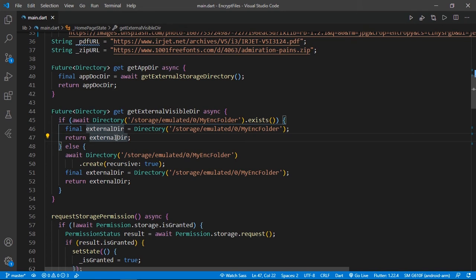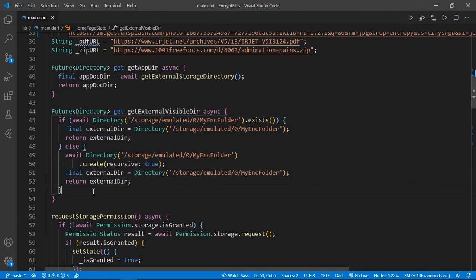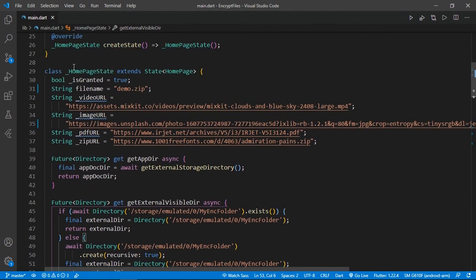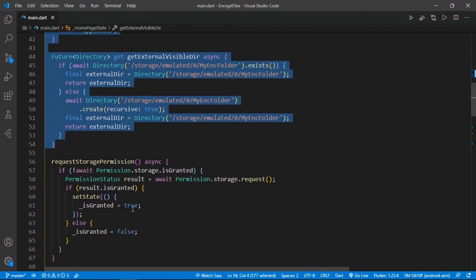If that path does not exist, then it will create this folder in our external storage and return the path of that folder. This is just simple, guys, you can pause this video and write the code with me. This is in our home state, our stateful widget, so all this code is here, you can see.